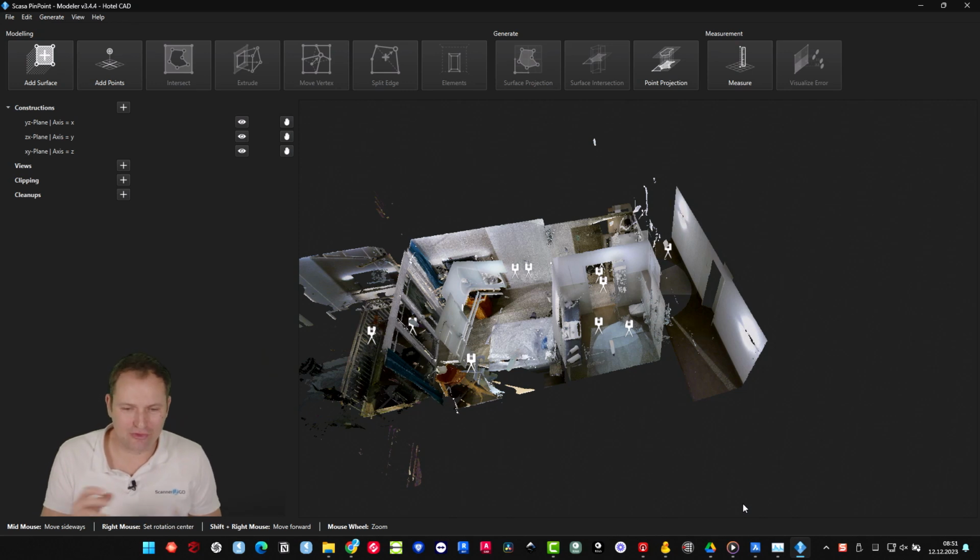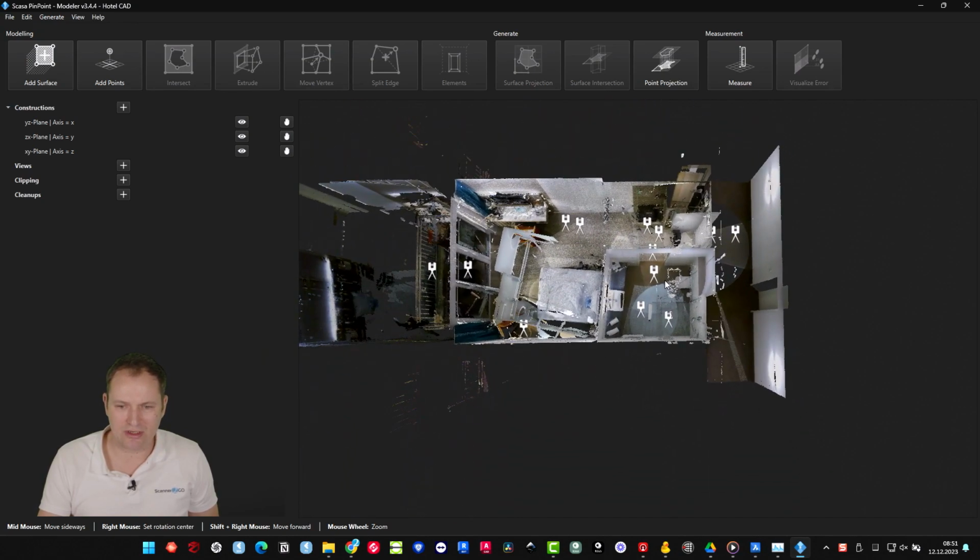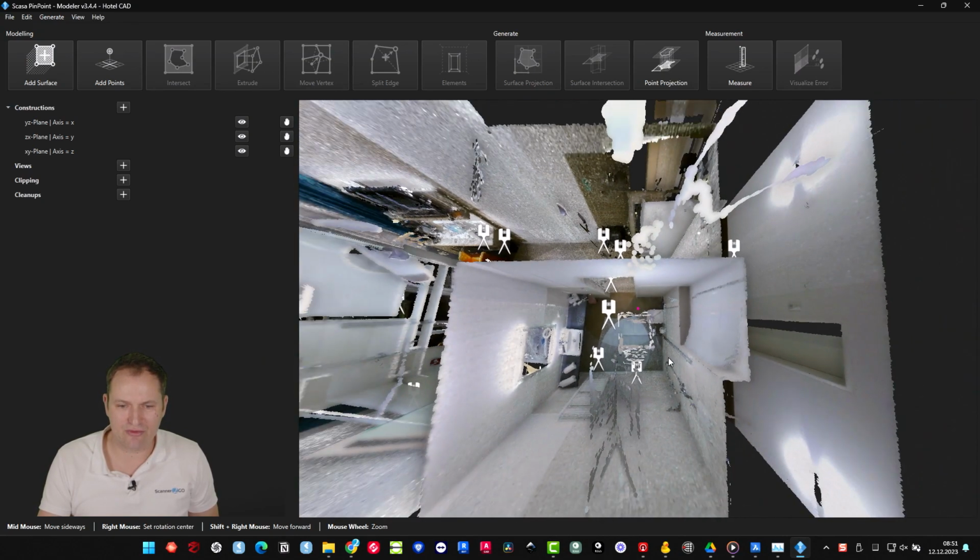Hi there, today's tutorial is about room planning, room design, interior design. What we're going to do here is we did the scan of a hotel room and we will just focus on the bathroom, because it's a very simple small room to explain what you can do with Pinpoint model here. First of all, an interesting thing is that the room is not a straight room, so we have a little